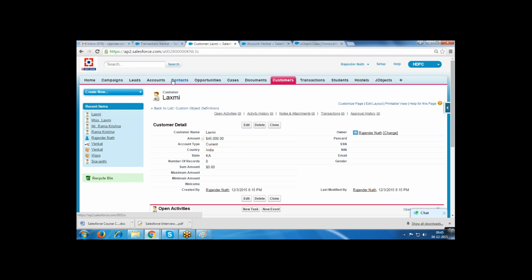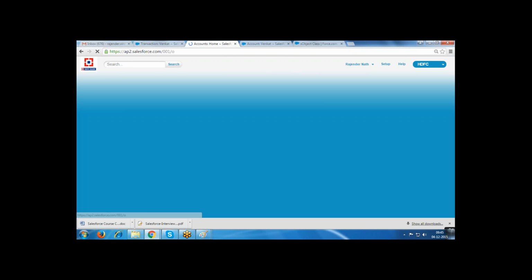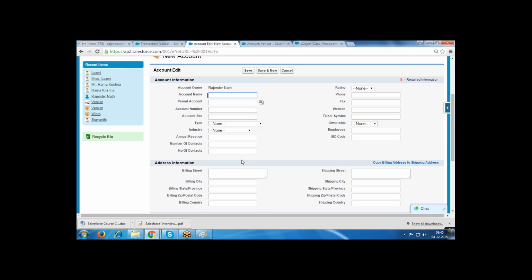Now here we have one object, the account object. In the account object I created one custom field. How to create the custom field?